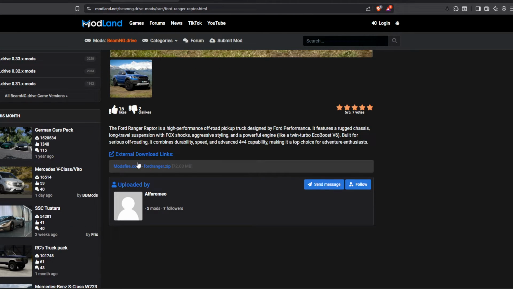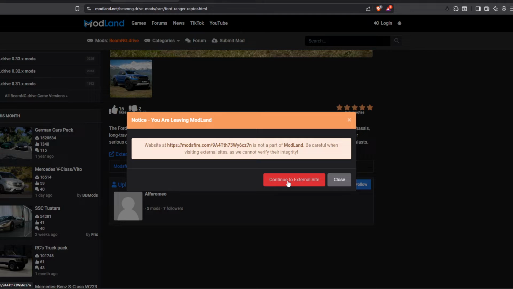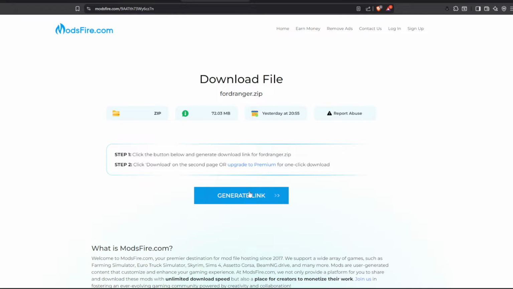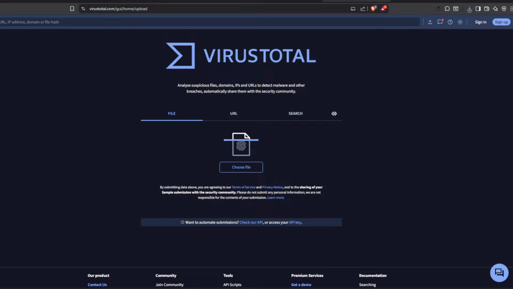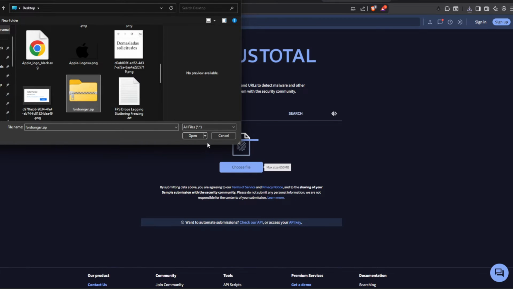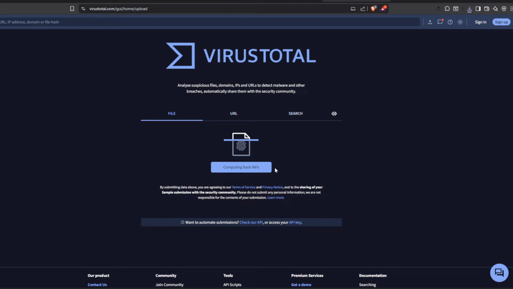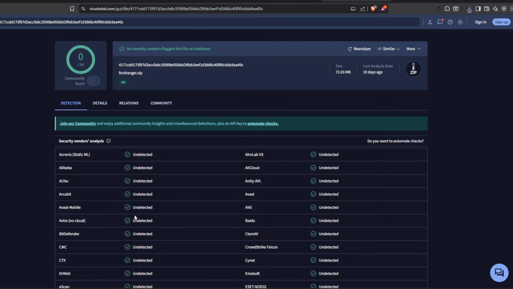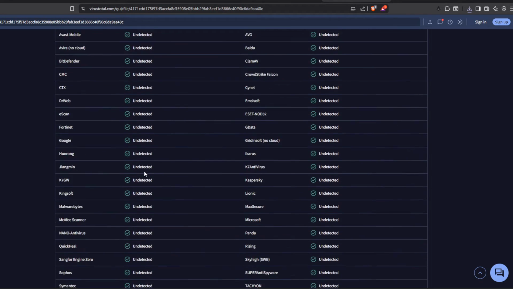Just download mod here. As you can see here, continue to external site, generate link. And once you do so, I will show you what you need to do next. Once the mod is downloaded, go to virustotal.com, choose file and drop that particular mod file here to look if there are no viruses, right? As you can see here, in this particular case there are no viruses, you can